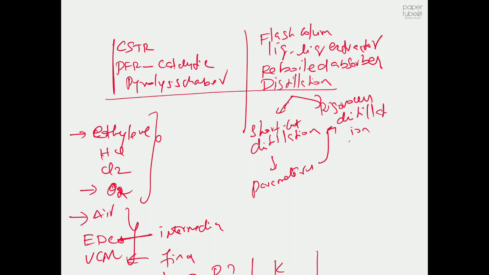And then we will also give some justification, like why we are using a distillation column in order to separate vinyl chloride monomer from ethylene dichloride and HCl, if there is any in the product stream. Yeah, so that's the entire project. And take a note, and also take a note what's the temperature and pressure in the flash column, what's